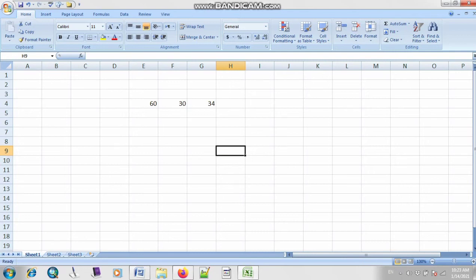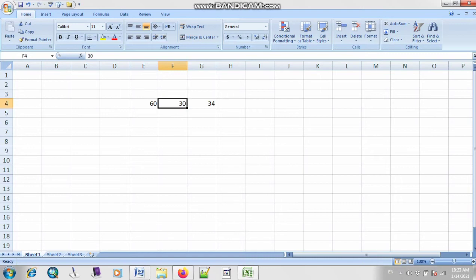So what will be the cell address? Right, the cell address will be H9. As you can see here, it is already written, H9, and we call this area the name box, where all the cell addresses are shown.